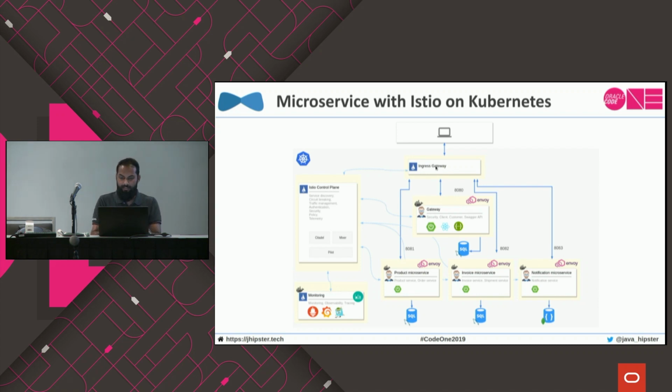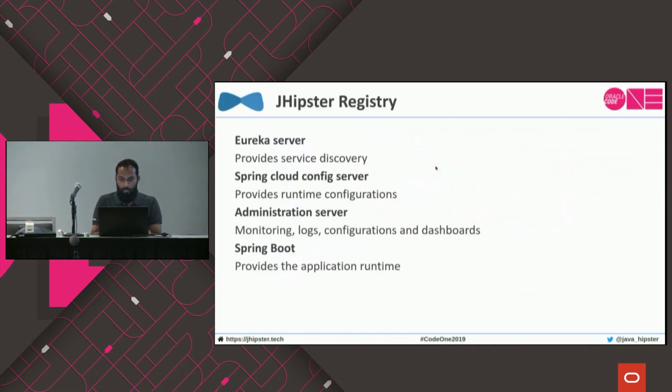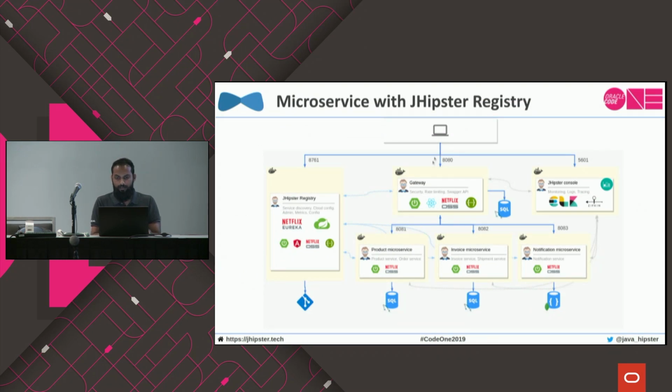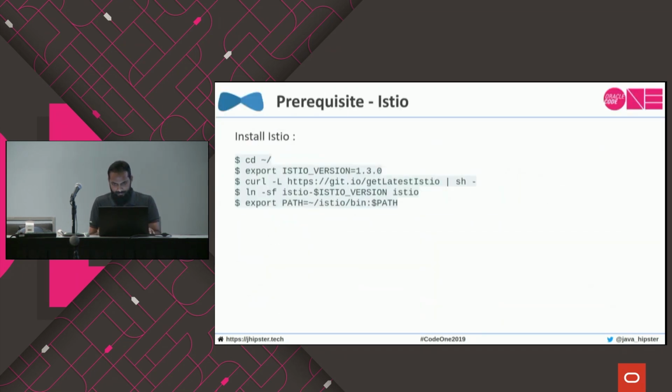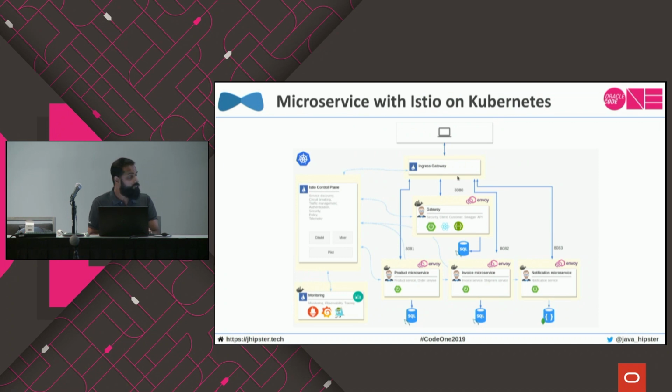In the previous architecture here, you see that the entry point is your gateway application directly. So all traffic comes to your gateway application, then it kind of distributes or routes the calls accordingly. But here, everything comes to your ingress gateway, and ingress gateway actually does the routing, which Istio takes care of. Istio makes sure it can route any incoming call to the appropriate microservice, including your gateway, which is still serving